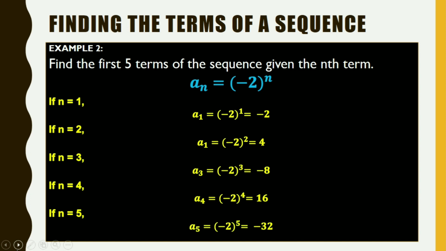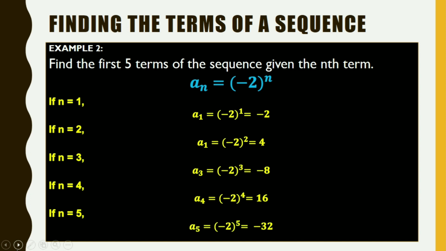If n is equal to 3, therefore a sub 3 is equal to negative 2 raised to 3. Negative 2 times negative 2 times negative 2 is equal to negative 8. If n is equal to 4, a sub 4 is equal to negative 2 raised to 4 is equal to 16. And if n is equal to 5, a sub 5 is equal to negative 2 raised to 5 is